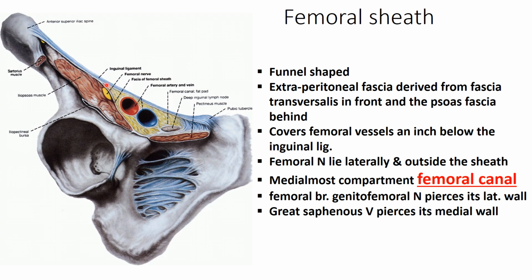So this is lying more laterally. Before that, the fusion has already occurred between the psoas fascia and fascia transversalis. So the femoral nerve lies laterally and outside the sheath. Now the medial most compartment, just medial to the femoral vein, contains fibrofatty tissue, loose connective tissue, and along with them a portion of the deep inguinal lymph nodes, and these drain the external genitalia, known as the lymph node of Cloquet.